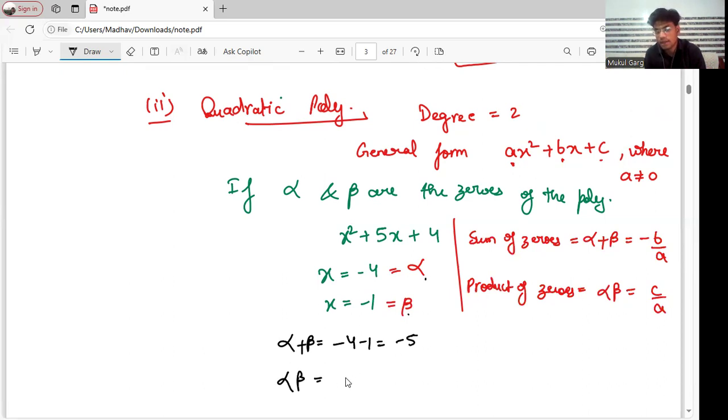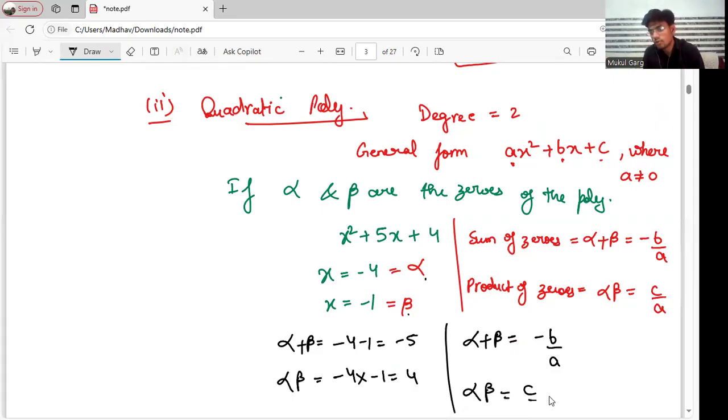और अल्फा बीटा अगर मैं निकालने लगूँ तो क्या आएगा, -4 मल्टीप्लाइड बाय -1, दैट शुड बी इक्वल्स टू +4। अब मैं अगर रिलेशनशिप से इसको सेटिस्फाई करने की कोशिश करूँ, वेरीफाई करने की कोशिश करूँ, तो देखते हैं जरा, अल्फा प्लस बीटा इक्वल्स टू -b/a और अल्फा बीटा होता है c/a। बट फर्स्ट ऑफ ऑल वी डू नॉट हैव द वैल्यू ऑफ a, b and c।